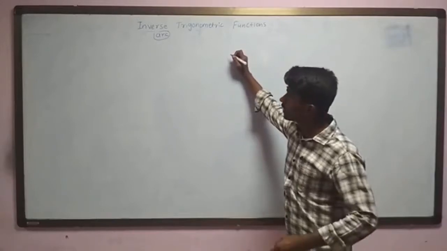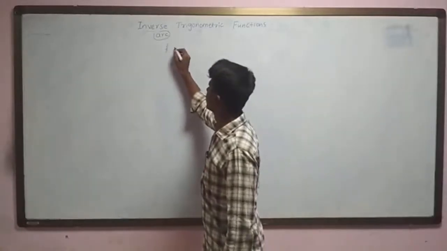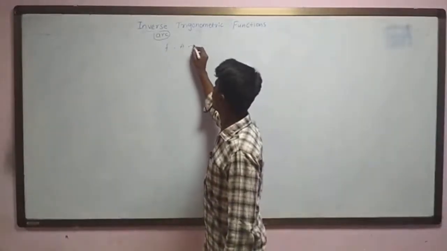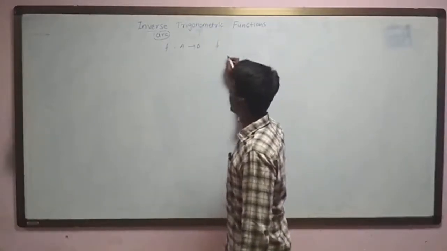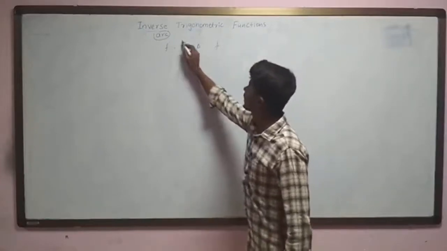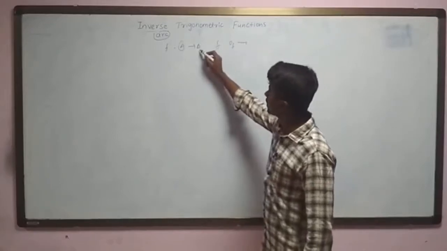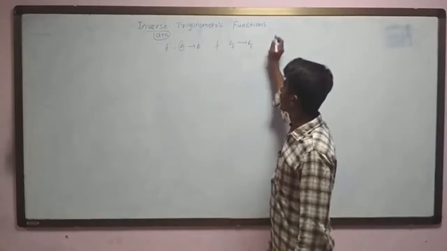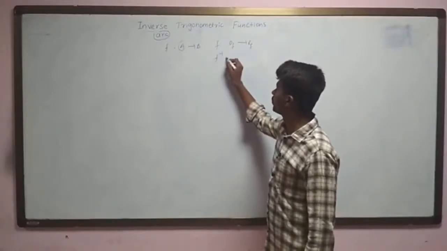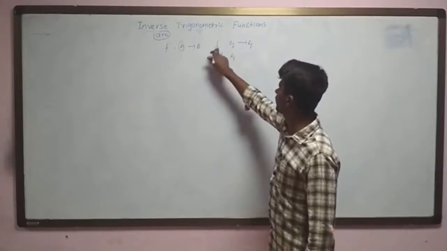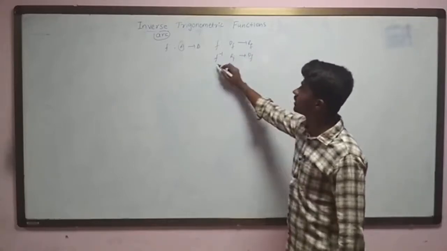Now, when the inverse of a particular function is defined, suppose I consider a function f mapping A to B. So here we have a function f, and it has A as its domain. The domain of the function is mapped to a subset of B, which is the range. Now, if you are able to find its inverse, which maps the range of the given function to the domain of the function, then we can say its inverse exists.